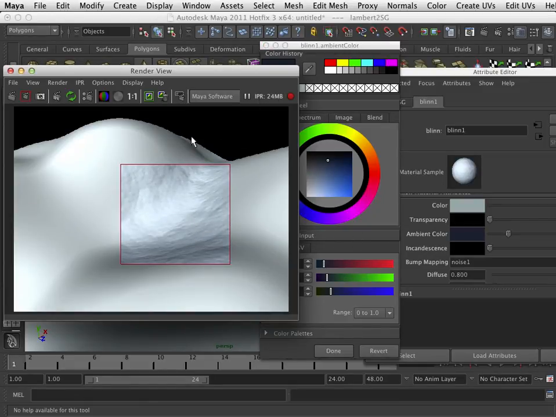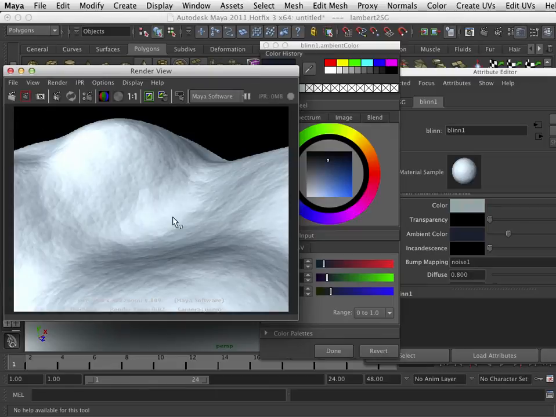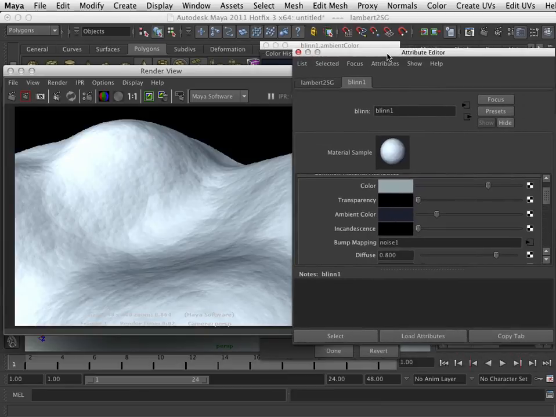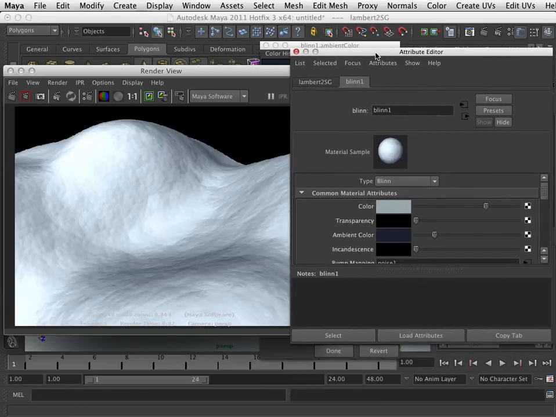So, alright, now the IPR is interactive preview, which as I make these updates, automatically fixes it. But now I want to see the whole scene. I want to click on this, and it's an okay start. But I think we need to go in and tweak a little bit, and I think that some of these areas are getting blown out, so I need to tone some of those things down. But I'll do that in the next tutorial, and go ahead and play along and experiment with your material, and also your